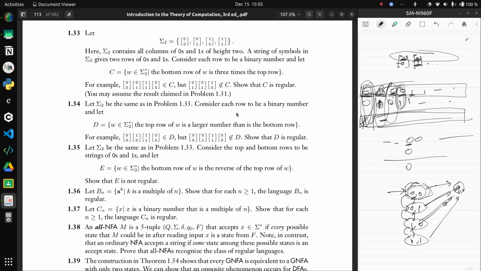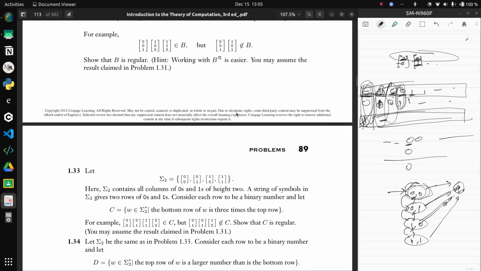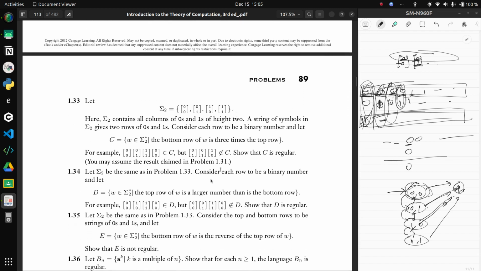Okay, you don't actually even want to be doing subtraction. You start reading from the left. Normally, in the last two questions, we were doing the reverse and then saying it's regular. We won't be doing the reverse over here. We start reading from the left, and wherever it happens that,